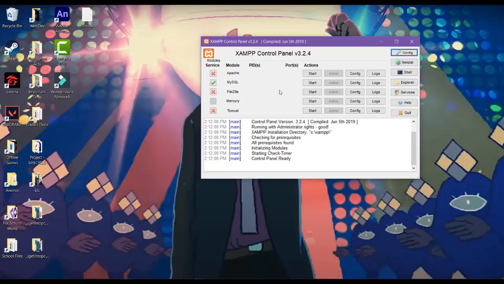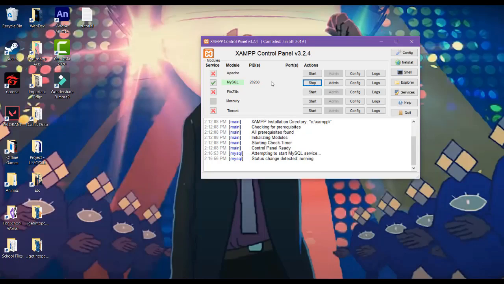So first of all, when you open the XAMPP, you need to check if it's running on administrator rights because in my laptop, I always run it on administrator rights so that I can use the MySQL module. So after that, I would check this so that it will be installed. It will be automatically installed and then press start so that it can connect. Okay. After that, if you see the numbers here in the PID, then you're good to go.